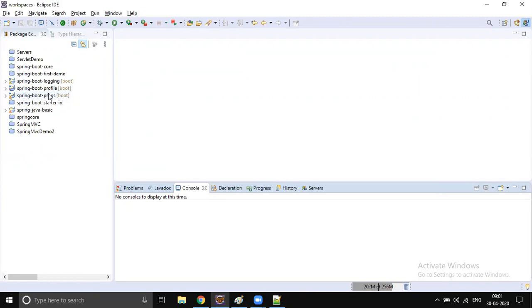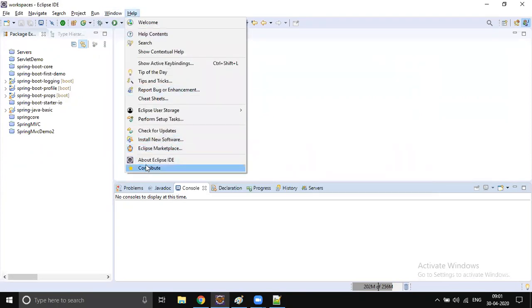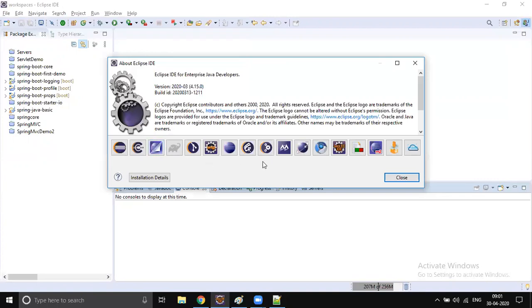I can create a Maven project, I can run the Maven project, I can do whatever I wanted to do. I didn't install any Maven on my system, just because these days all Eclipse versions, at least for the last two to three years, have it. I'm using the very latest version, 2020.03, but you just check whether this plugin is installed in your Eclipse. If it is installed, then you need not install Maven explicitly. Maven installation is completely optional.